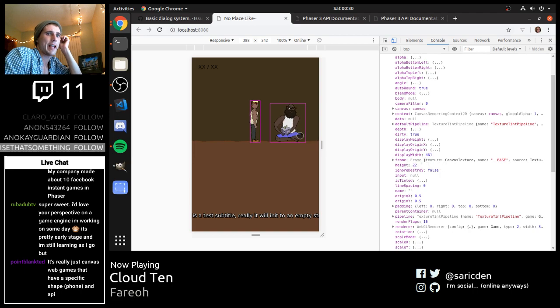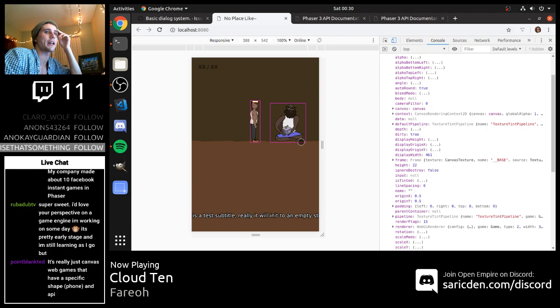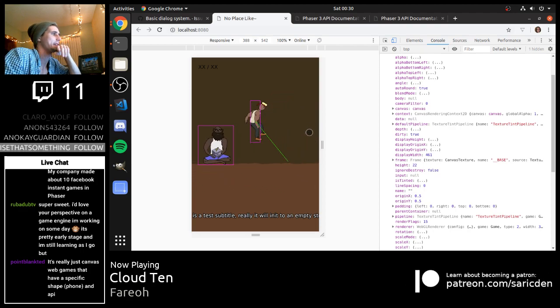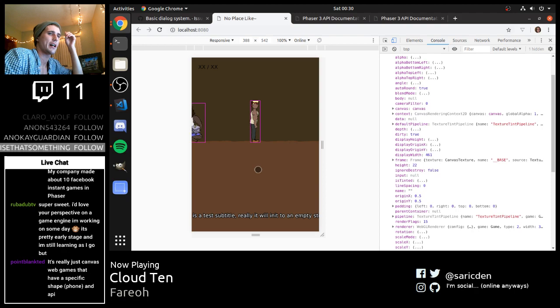It's really just canvas web games that have a specific shape, phone, and API, says Point Blank Ted. So that's what the Facebook Instant games are. Neat, man. That's cool. I've never messed with that before. Or if I did, it would have been a long time ago, and I probably didn't, but there's a chance. But anyways,